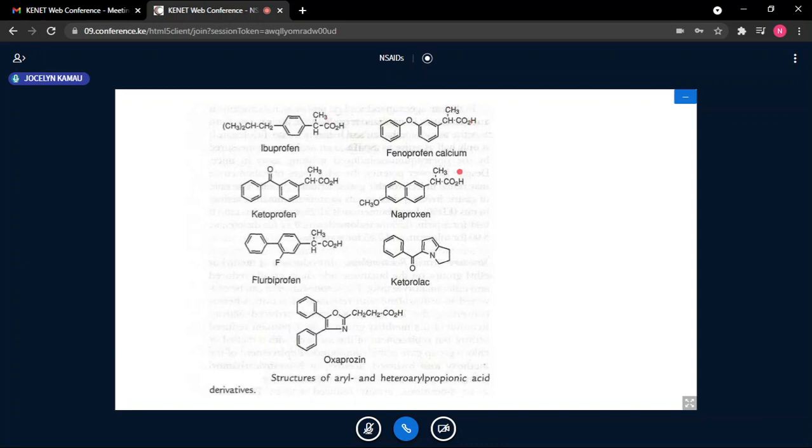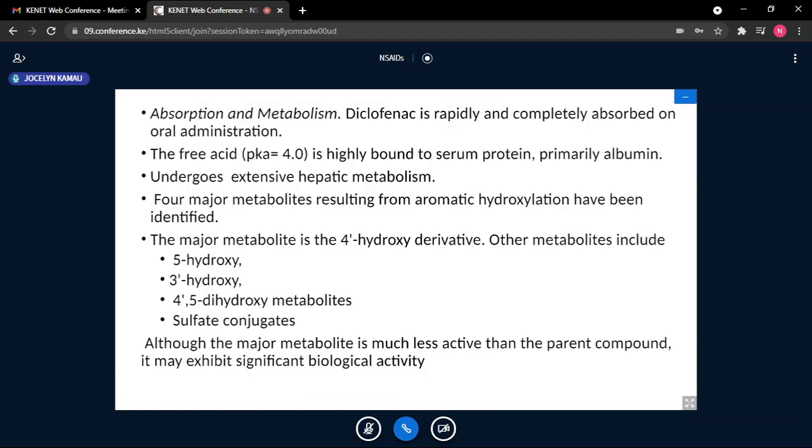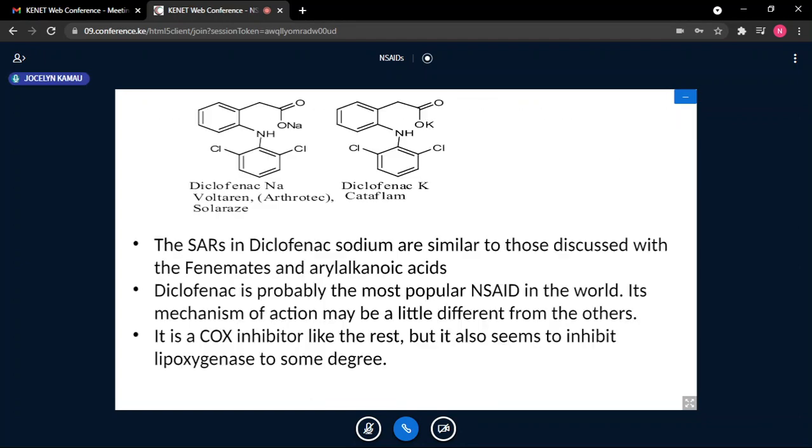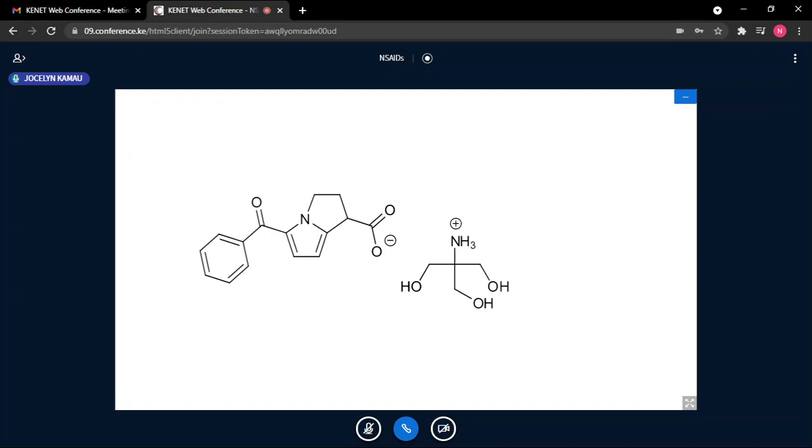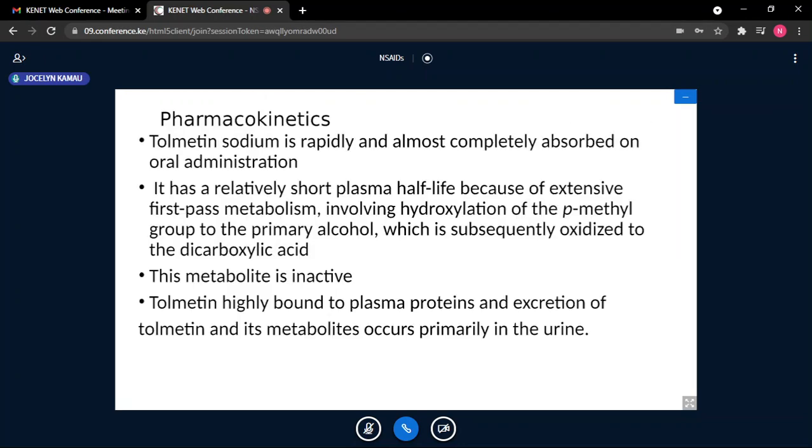Again, look at that, the same. There might be differences like this, and we are going to discuss it. It might look different, but it is still very similar; those structural differences are allowed with retention of activity. Then from the propionic acid derivatives, we will look at the phenamates, which I believe I've left behind. Phenamates.